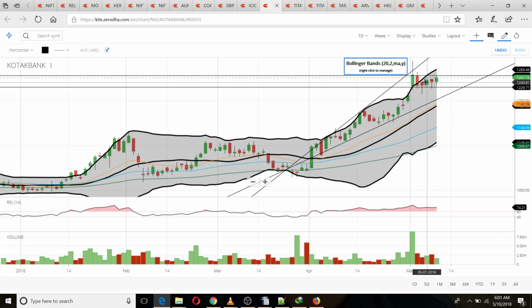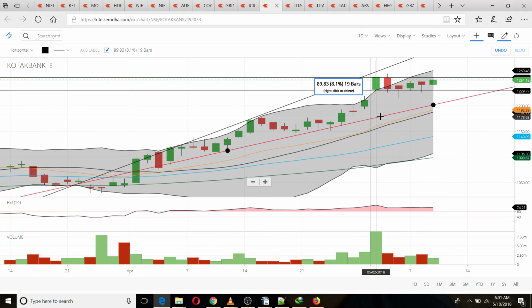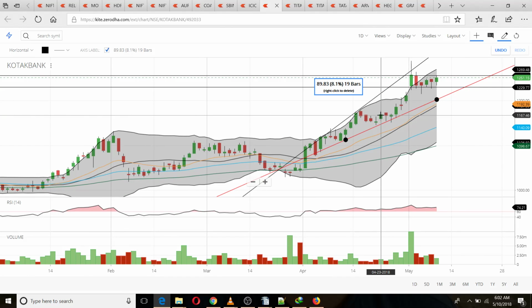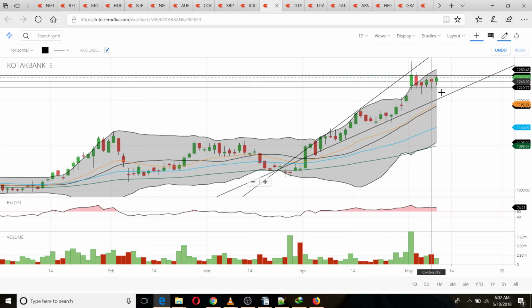It is important that we remain patient with our trading strategy. We have to see certain confirmation and price action doing something for us before we can jump to conclusions about where it is going. So I will be watching the Kotak area very closely, but I will not be trading it unless I see a breakout or breakdown of this range. I am looking for a certain trade, and I will inform you as and when price action goes in that direction.